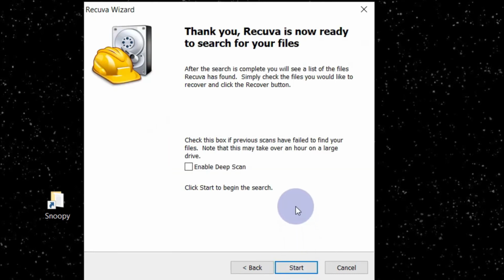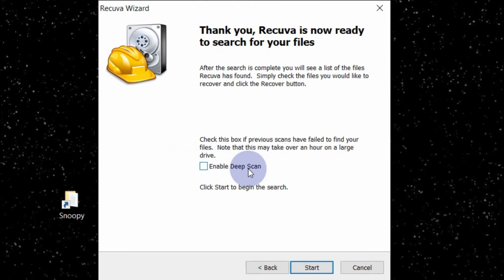Now click on next, and now it's asking me whether I want to enable deep scan or not. Deep scan improves your recovery rate. If you have many files, I recommend you enable deep scan, but I have deleted only some files for the sake of this video, so I will just do it in the normal way. So I haven't enabled deep scan. Now click on start, and it will end very soon because I have deleted only a small amount of data. If you have deleted large amounts of data, then enable deep scan, and it may take several minutes, from 15 to 20 minutes.